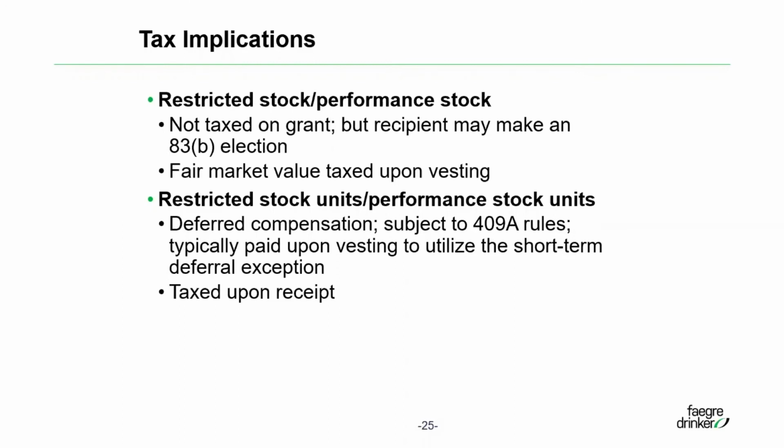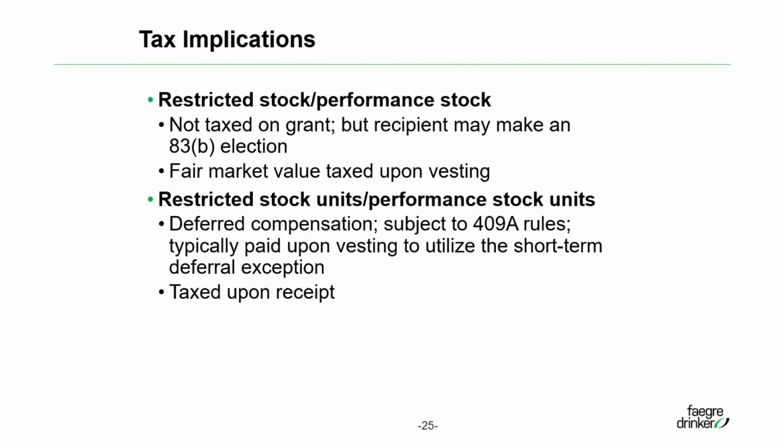However, you should know that when you get a restricted stock or performance stock award, you have the opportunity to make what's called an 83(b) election. And again, whether or not you should make an 83(b) election, you should reach out to your financial planning advisor. The way an 83(b) election works is you get to lock in the tax on the value of the stock at grant. The election has to be made timely, within 30 days of grant.